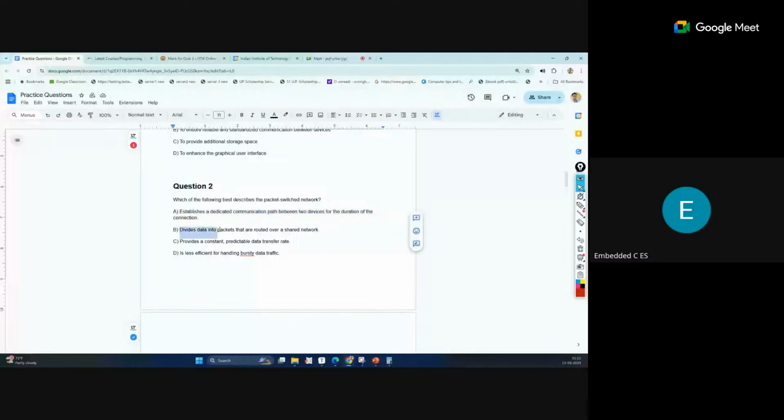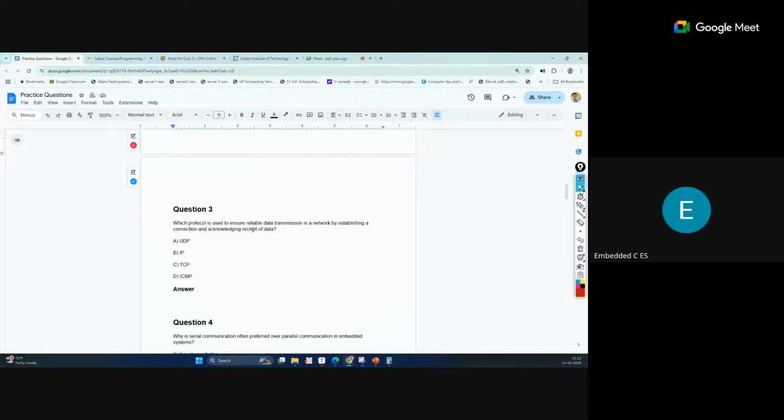Okay, so this B option is the correct one for this. Divide data into packets that are routed over a shared network. So we divide our data into packets, and that moves through the shared network. So the second option is the correct one for this question also.